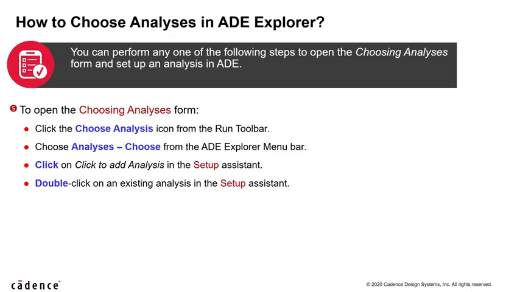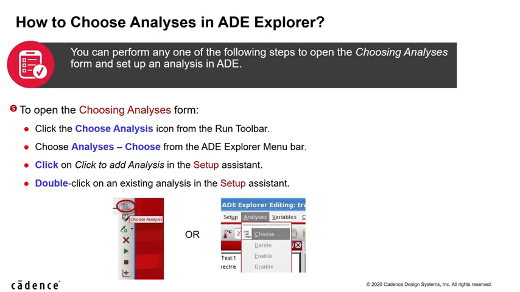After the initial setup, you need to set up the analysis that you want to run with the Spectre simulator. You can do this using the Choosing Analysis form. You can access this form by clicking the button on the Run toolbar. You can also go to the Analysis menu and select Choose from the ADE Explorer menu bar to open the